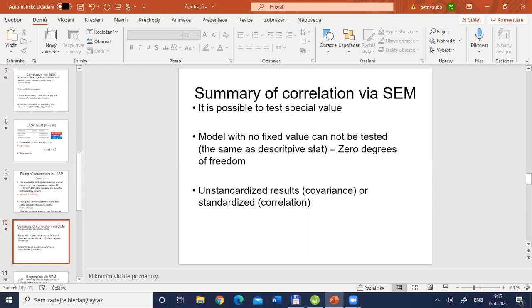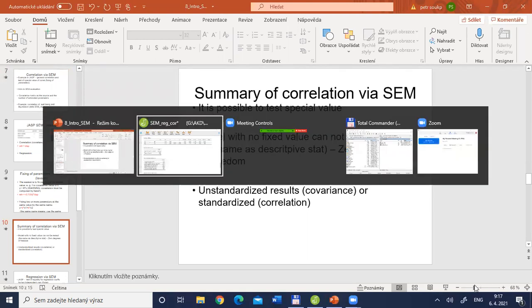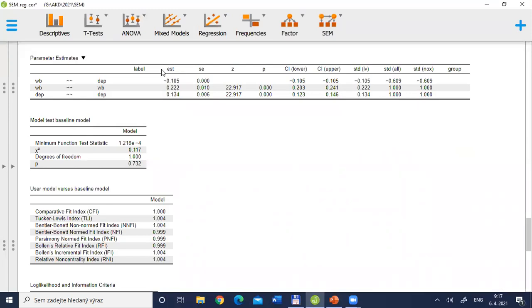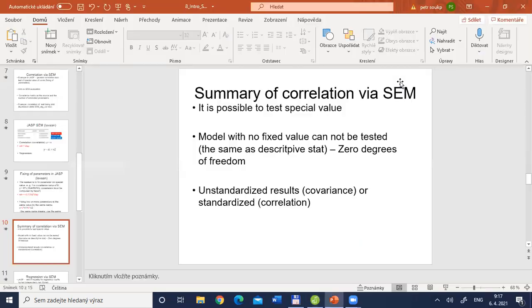Once again, I would like to repeat that the so-called unstandardized results, in the column called estimates, are covariances. For standardized results, we are using correlations. Mostly, it is more common to discuss correlations. That's why we usually read results in the standardized column. Std.all is the best one for us. So that's all for today about correlations and covariance through the SEM framework. I would stop sharing and